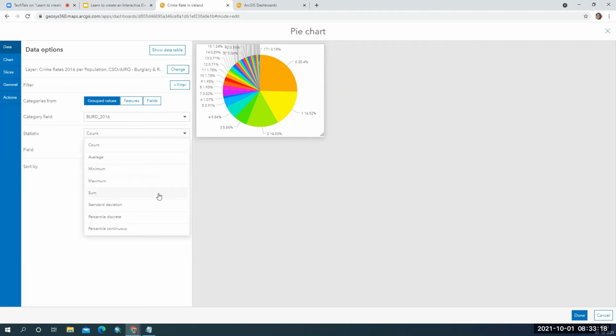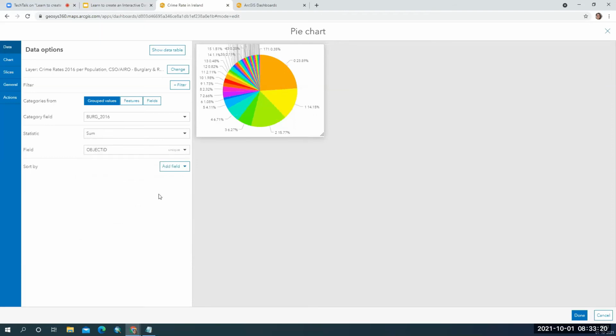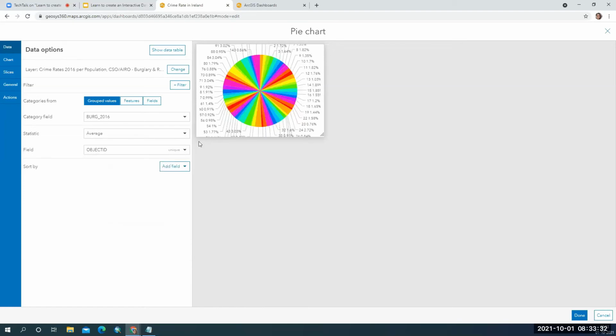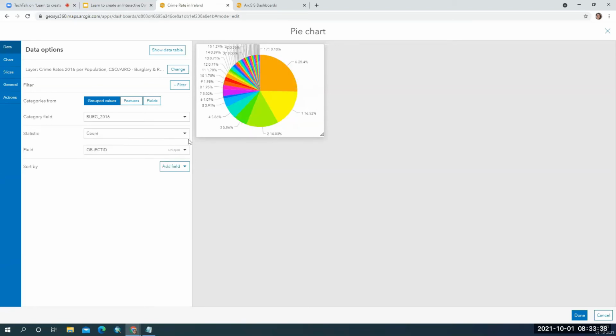By what you want, I want it by sum, and you can see it here. And this is how your average looks. If you want it by count, it will appear like this. So it is up to you how you want it.